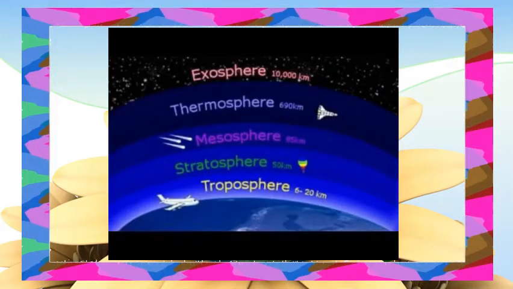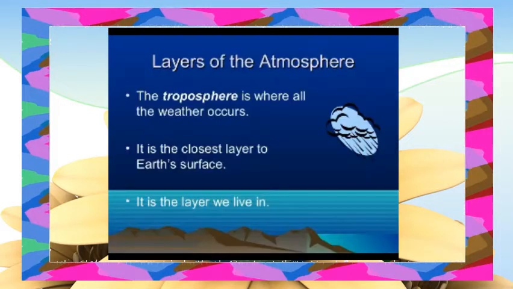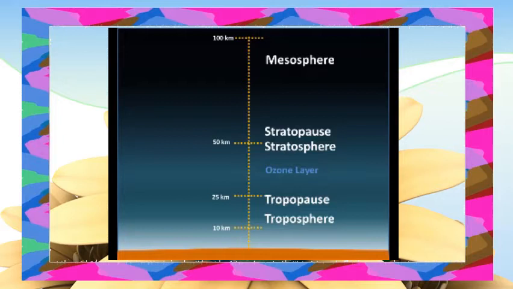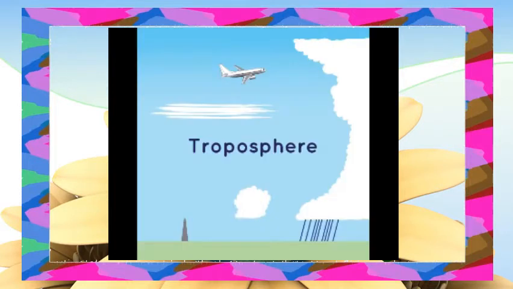The eighth one is troposphere, the layer of atmosphere nearest to the earth in which weather changes occur. Or, in other words, the troposphere is the lowest layer of Earth's atmosphere and the site of all weather on the Earth. The troposphere is bounded on the top by the layer of air called the tropopause, which separates the troposphere from the stratosphere, and on the bottom by the surface of the Earth.